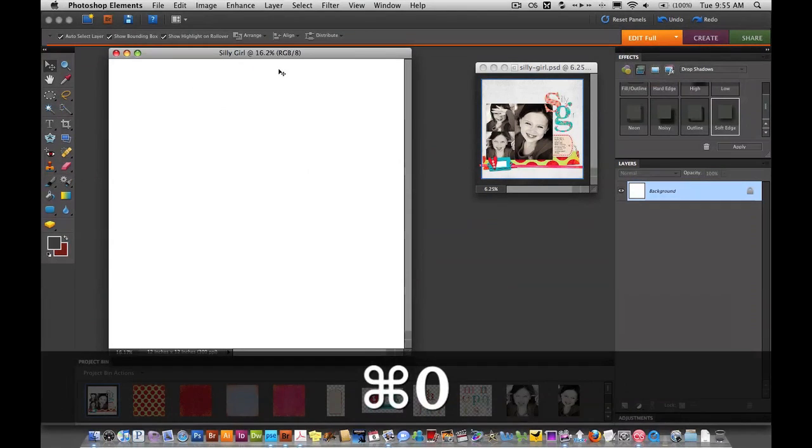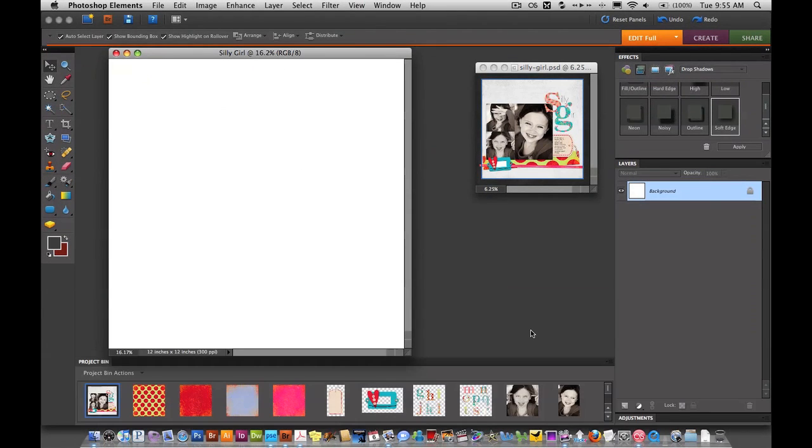Okay, so we're going to start out by dragging out some different papers, and we're going to be changing the colors of the papers. And the reason I decided to do this was because the colors in the Lollipop Shop starter kit are so bright and vibrant. I really wanted them to stand out, especially against the sepia tone photos that I'm going to be using. So I'm going to start out with the red,